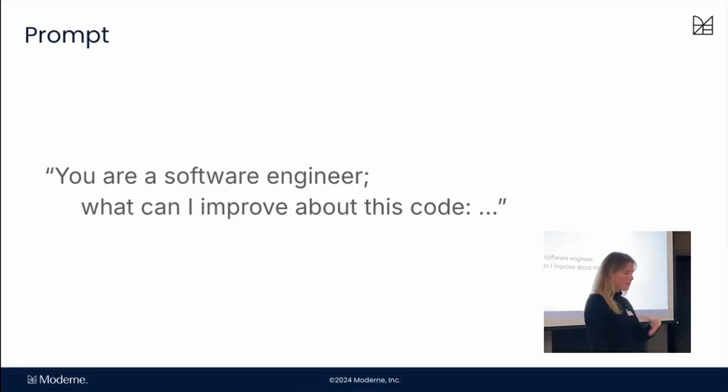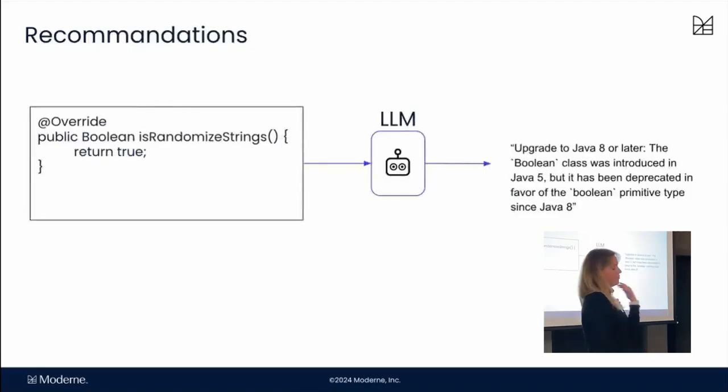Sorry. So the idea is that you send basically some method declarations. You go and get that, again, with the visitor design pattern. You go and get method declarations. You take that little snippet of code. You send that to the AI, and you say, okay, you are a software engineer. Can you improve this code? You can also tell it it's senior if you want to give it a little ego boost. It tends to do better. So from there, we'll take this method declaration, send it to the LLM, and it'll give you a little recommendation